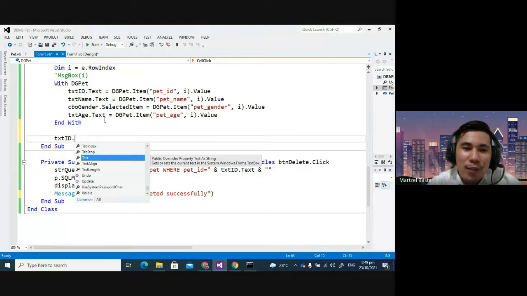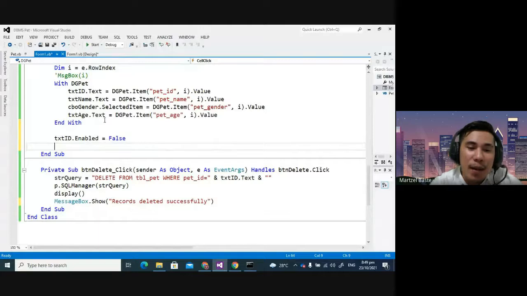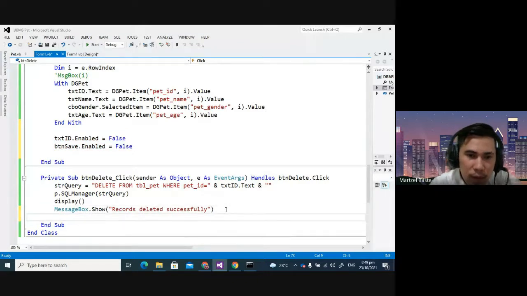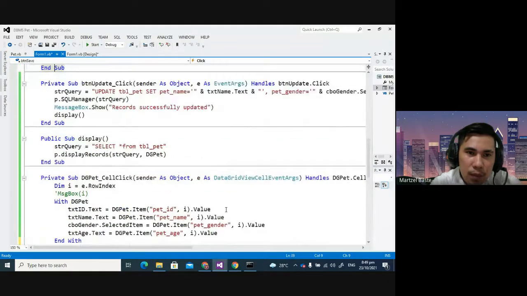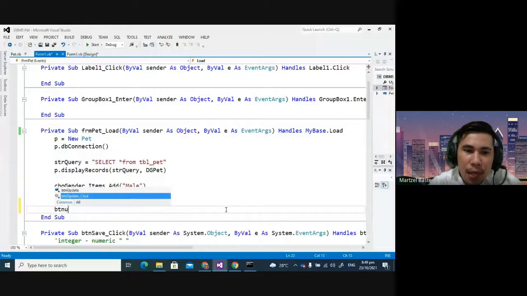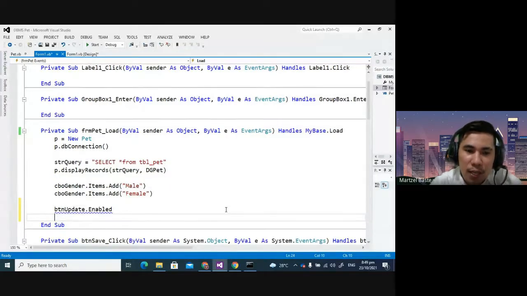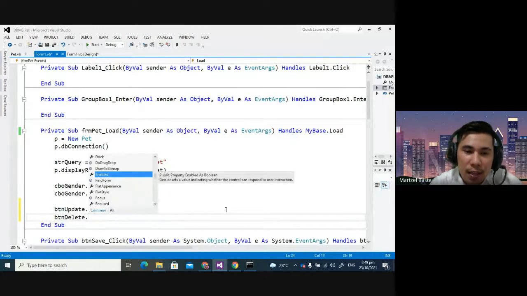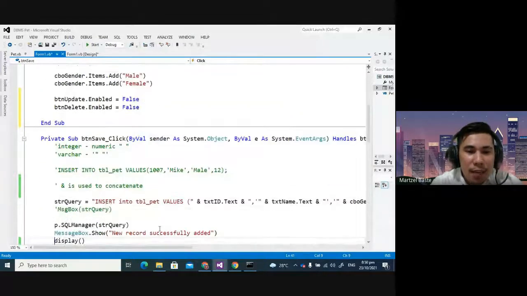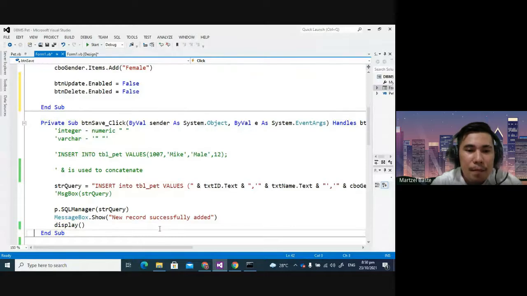Okay. So, so that it can't be changed, we set enabled to false for txt-id. Then, for btn save, we set enabled to false. Okay. And then, our next step is our btn update, that enabled false. We set this to false so that on first run, update and delete are not clickable. Because it shouldn't be allowed since we haven't performed anything yet. And then once false, once we have saved, that's the time